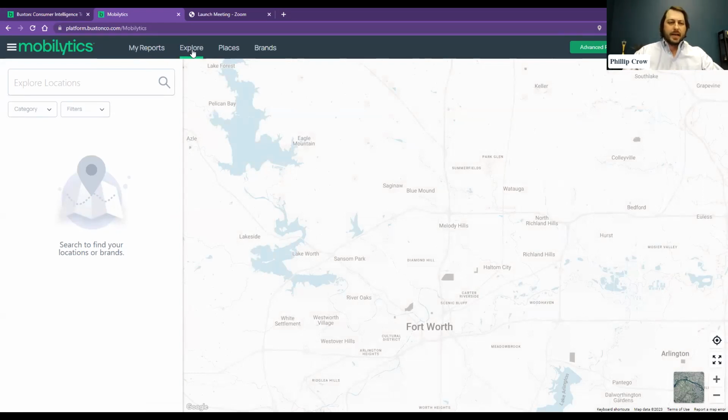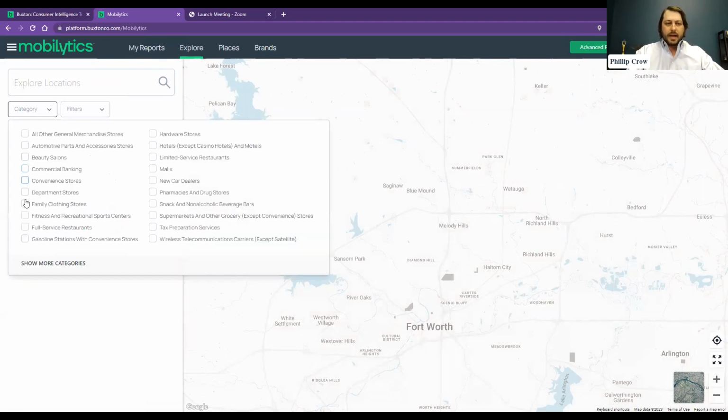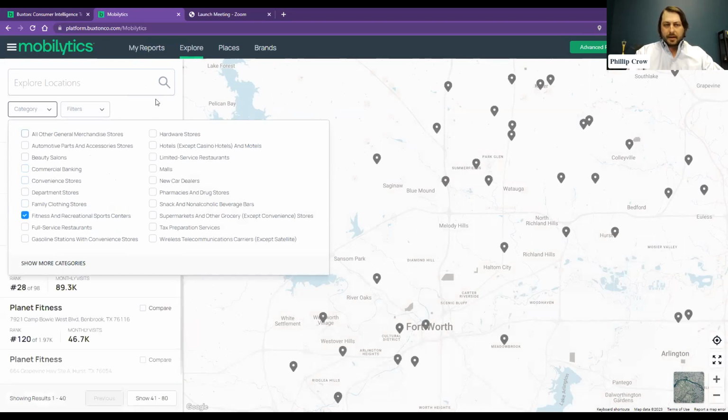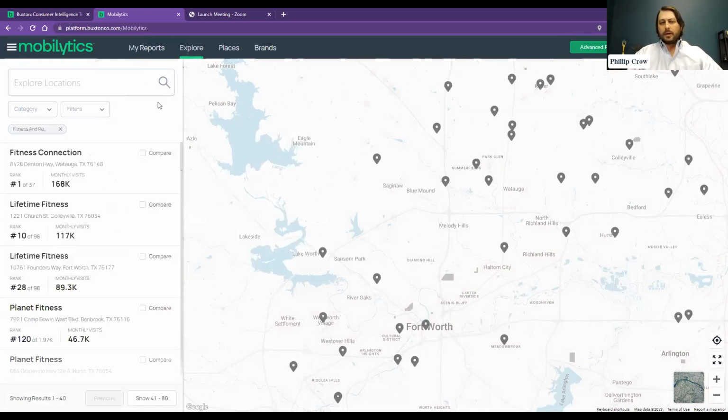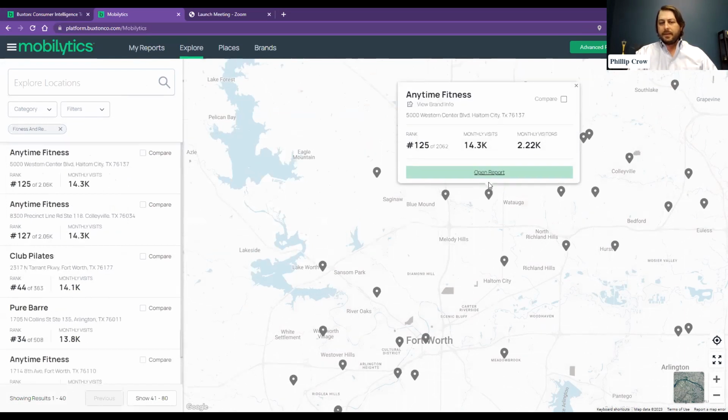So in this example, I'm going to pretend that I'm a fitness concept, and I'm going to come into the Mobilytics tool, and let's just look at the fitness concepts here in the Fort Worth market where I'm located. And I'm going to look at this location right here. There's two locations right here. This is an Anytime Fitness. I'm going to pretend as if I am Anytime Fitness in this case. So I'm going to select